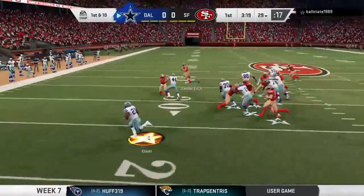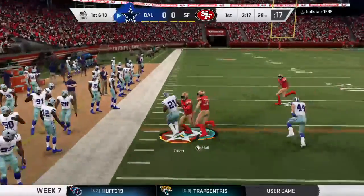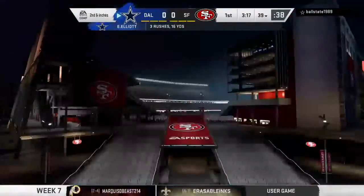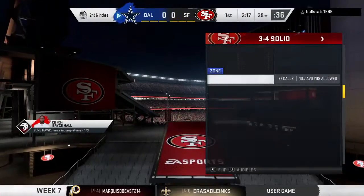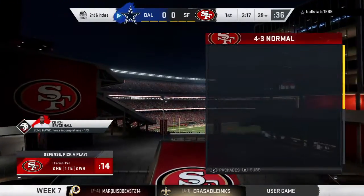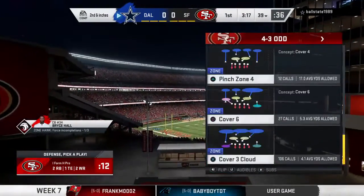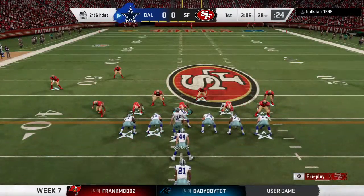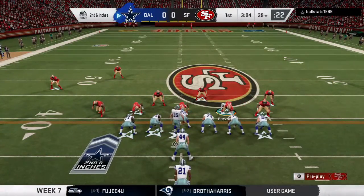Motion. They start on the ground with Elliott. Despite the blitz, they're still able to pick up a nice, solid gain. The disadvantage of blitzing often alters the normal spacing and run fits and leaves creases like they were able to exploit right there. So not quite a first down just yet as they come up on 2nd and less than